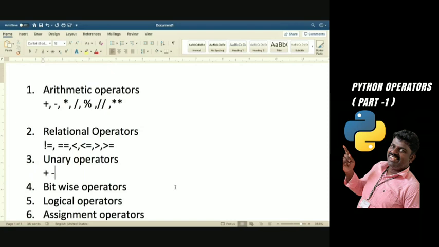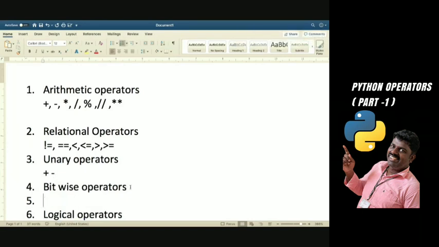But if you give minus of a, then the constant value automatically becomes minus 5. So that is the unary operator, used either to make a value negative or positive, and Python supports it.